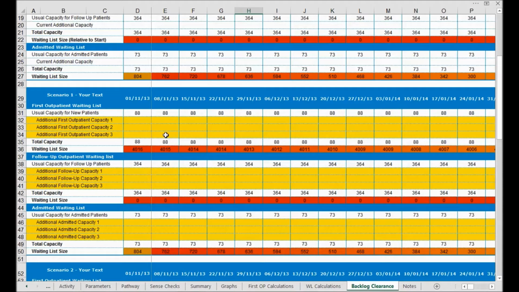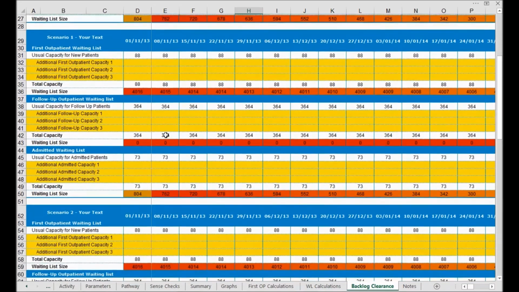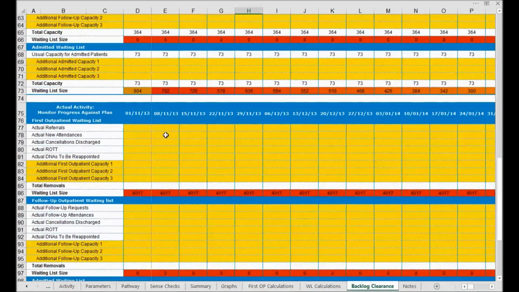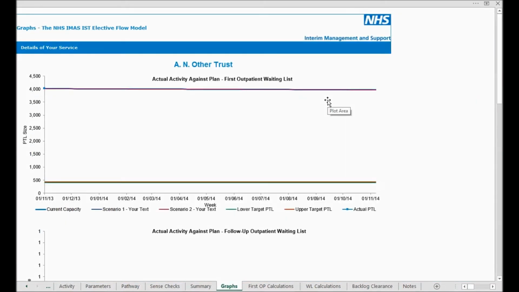The progress of the service can be measured against actual activity by entering the actual activity data in this table here. The results of the backlog clearance tab are reflected in the Graphs tab. The projected trajectories are visible here for the scenarios entered against the recommended waiting list size for first outpatient, follow-up outpatient,